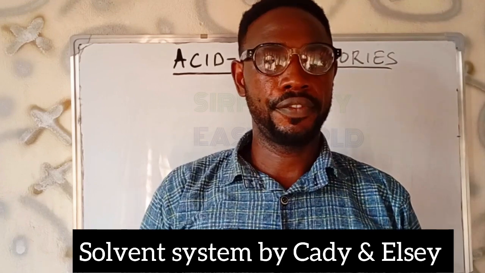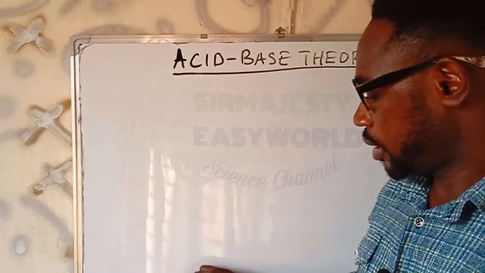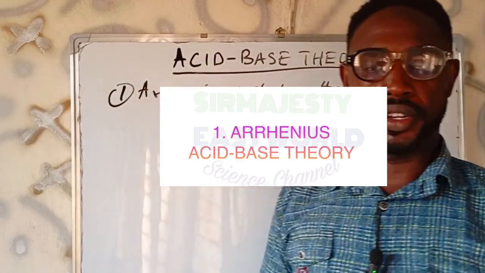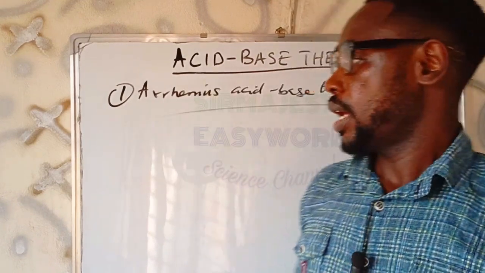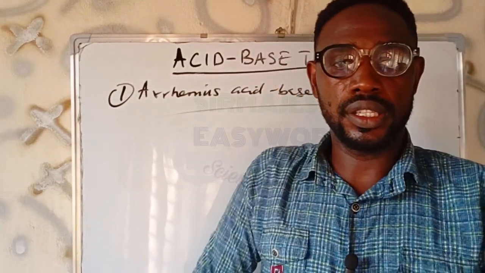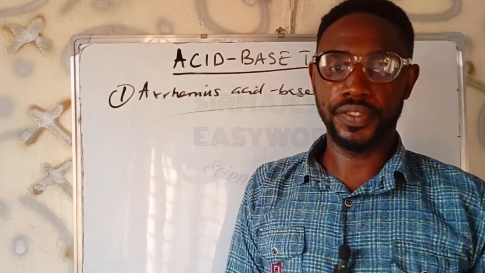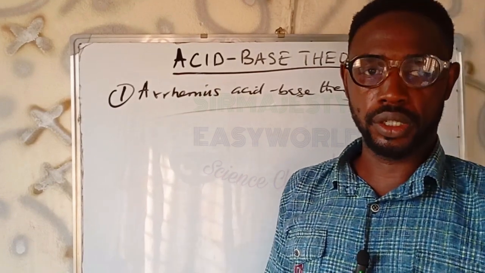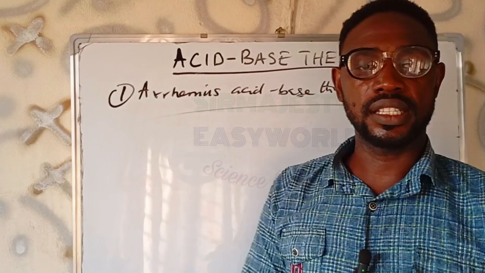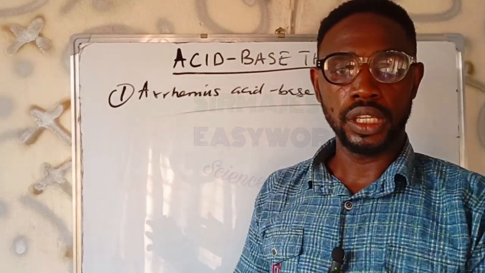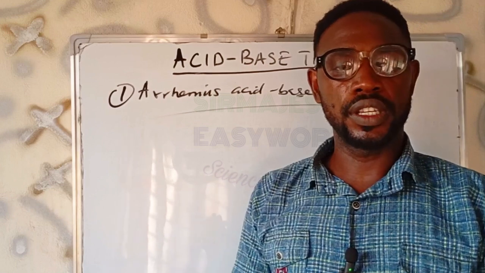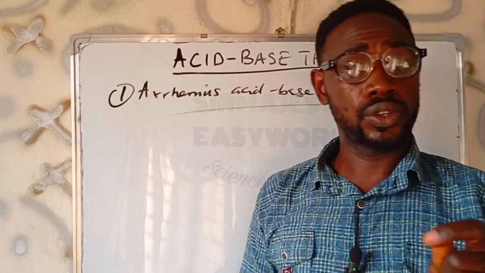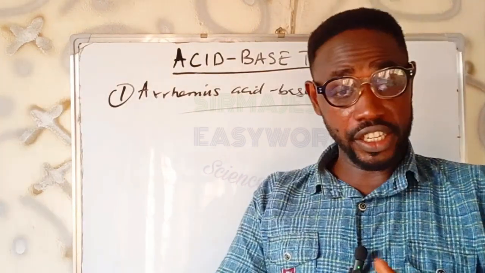First, in number one is the Arrhenius acid-base theory. First, I want to correct an impression. Among all the theories I will be handling, none is the best one or the most suitable definition of an acid. Rather, each one is correct depending on the chemical situation, the certain chemical reaction, and the conditions. Each of the definitions you'll be seeing has its own limitations. Therefore, we will discuss the theories and also tell you the limitations of each theory in each case.